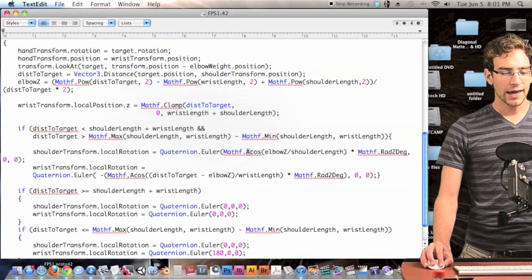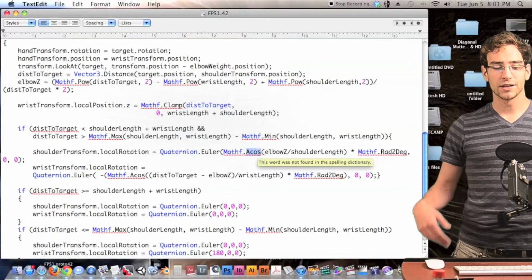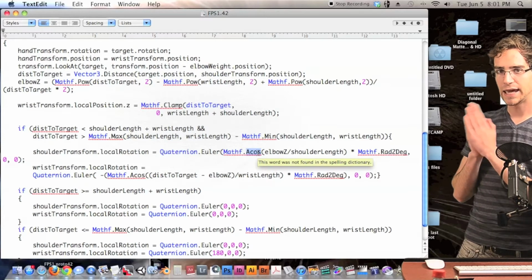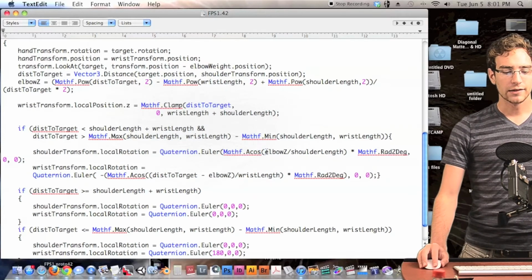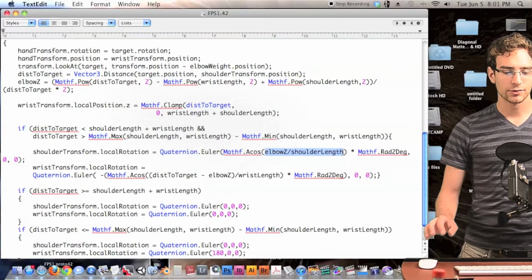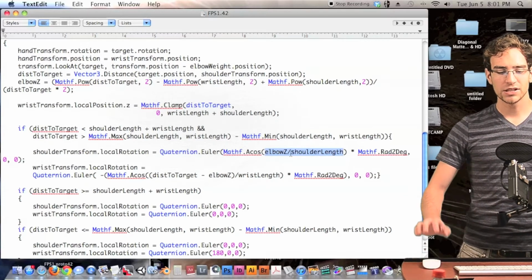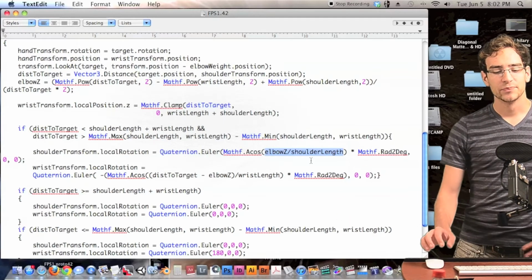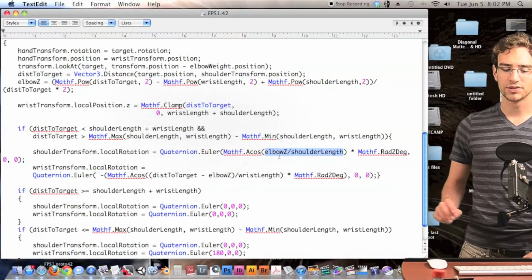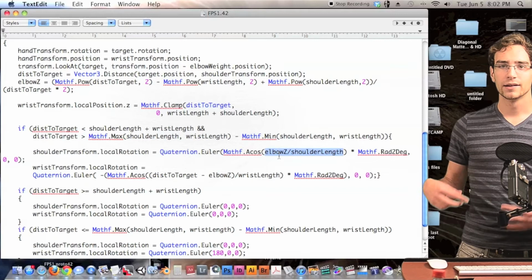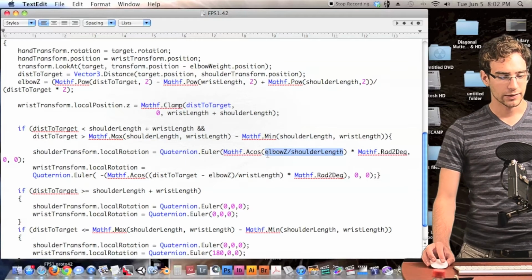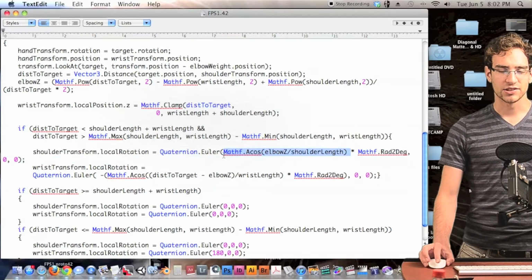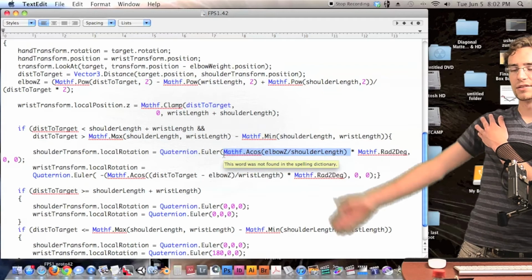And the reason why we're using arccosine instead of just cosine is because cosine by itself is just meant for you to give it the angle and then it will give you back a decimal number that is going to represent the ratio between these two numbers. Whereas arccosine does the complete opposite. You give it a number that represents the ratio between these two numbers, and then it will give you back the rotation. Okay, so basically right here, now we have the rotation in which we want the shoulder to rotate